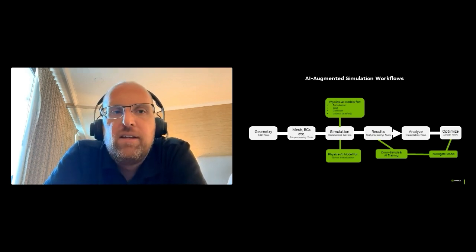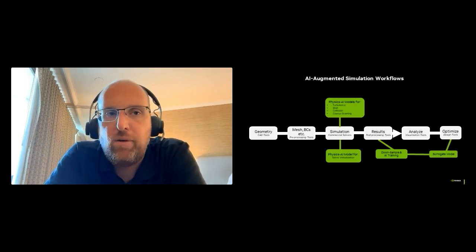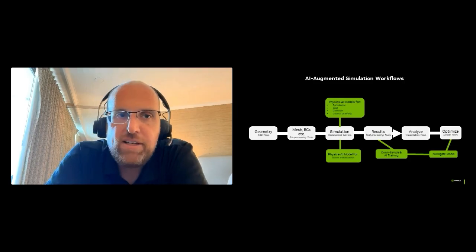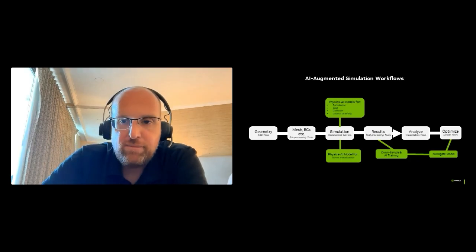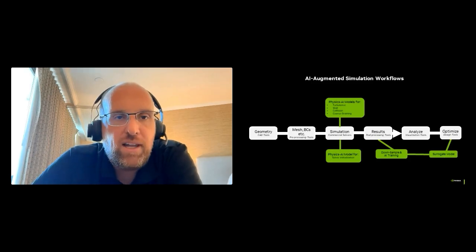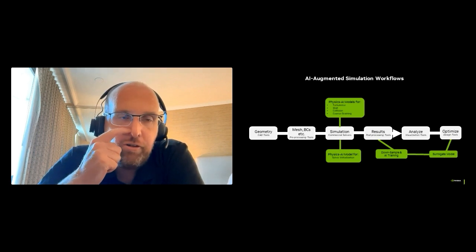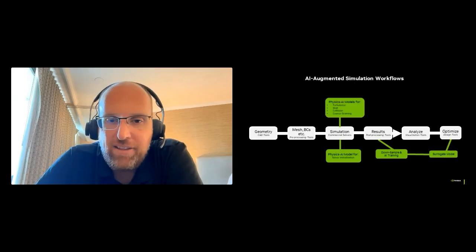And ultimately, you can also mix and match things, right? I think the best engineers I know, their skill is being able to pick the right tool for the right problem. So potentially maybe there's some part of your workflow where the physics really are well understood, and for that part of the design space exploration, you leverage your surrogate model, but maybe there are other parts that you know are less well understood, and maybe you add more of a physics-based model there, or a traditional solver. It doesn't have to be an or, it can be an and as well, in the way you combine these models and these techniques.